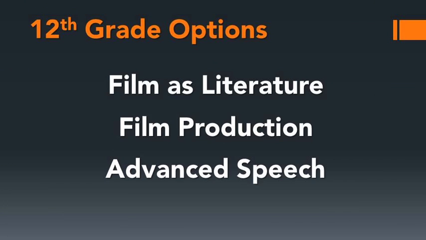Another great strand to consider for your electives in communication arts is the film strand. The first class is called Film as Literature. In this class, students will read films as cultural texts, analyze films for their narrative and stylistic structures, and understand a director's style and the conventional and non-conventional characteristics of a genre.